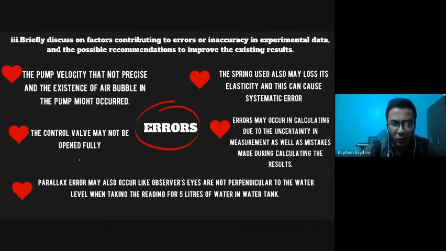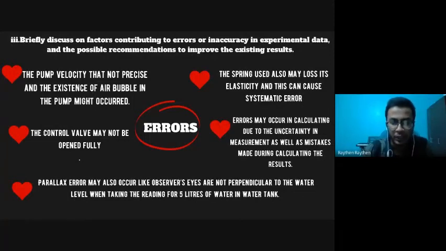Next, the control valve may not be open fully. Hence, this may also cause the velocity of the water obtained to be less than the actual value and causes the reading to be slightly off. Third one will be the parallax error. The parallax error may also occur when the observer's eyes are not perpendicular to the water level when taking the reading of 2 liters of water in the water tank. So the time taken for collecting 2 liters of water in the tank may not be accurate and affect